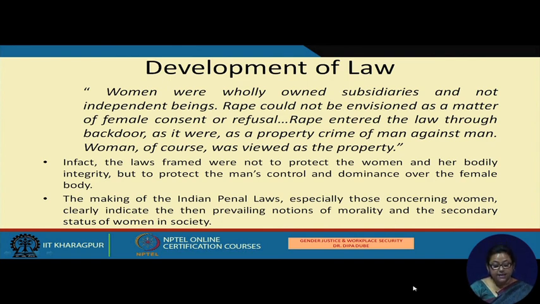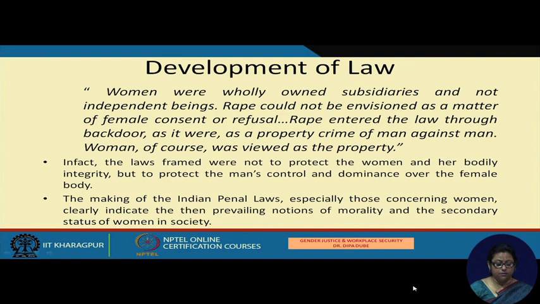But that is where we said that the laws framed were not to protect the woman and her bodily integrity, but to protect the man's control and dominance over the female body. That is where patriarchy shows its influence, its existence since time immemorial, where the supremacy and dominance of men over women were sought to be established and emphasized. However,